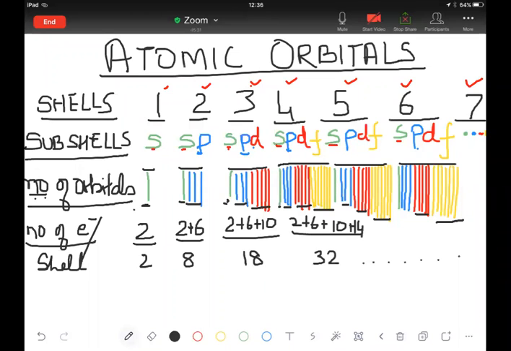Now, let me see if I can just show you how we are going to do that. I'll just show you what happens if I remove all this. You see, in this case here, if this is the nucleus, this is what we discussed. The first shell is all by itself, then the second shell, then the third shell. So the third shell has 3. This is what we did.